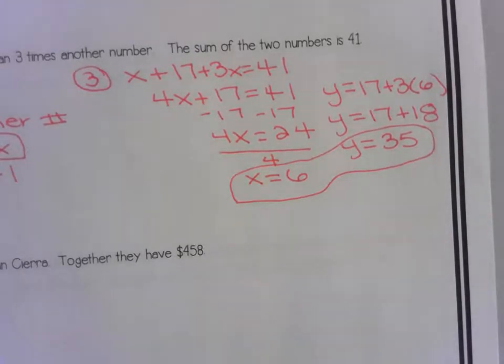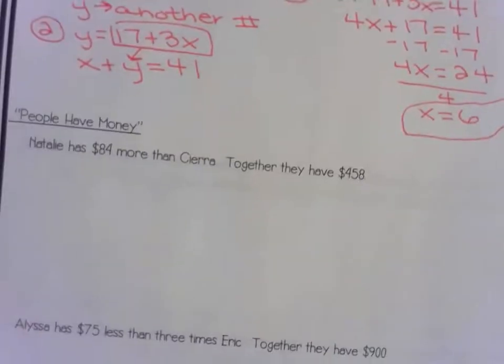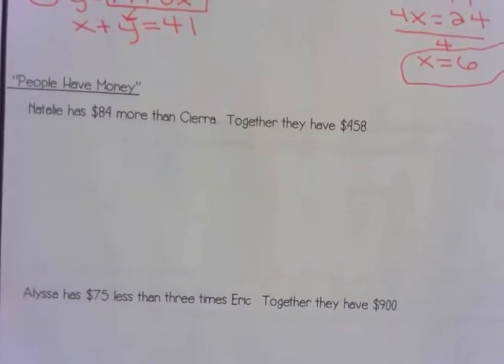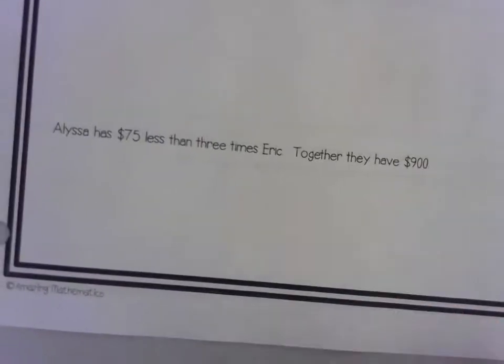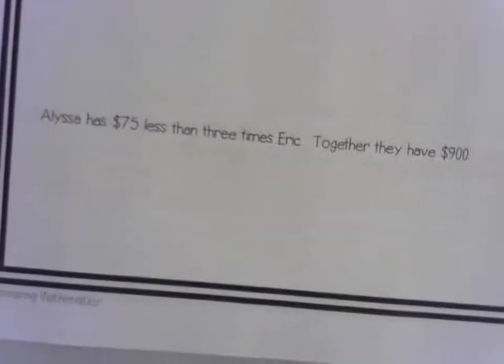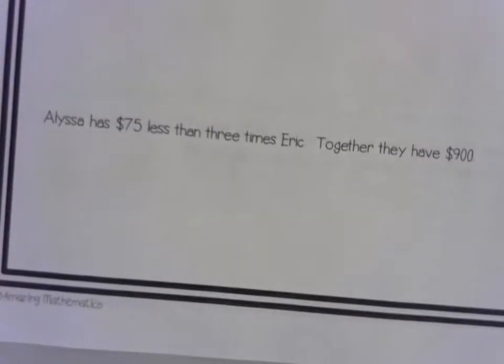Okay. Let's look at the next one. This is talking about money. So let's look at the bottom problem. Alyssa has $75 less than 3 times Eric. Together they have $900. They do not specifically ask for something, but as I read this,